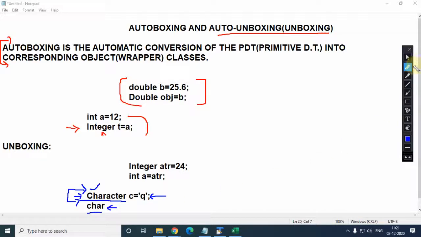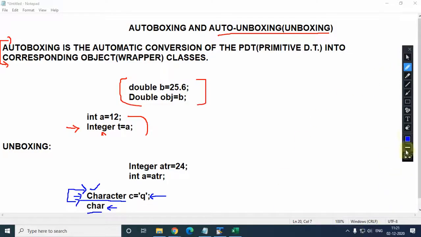And if you are converting an object into a respective data type, this is known as unboxing. So unboxing is the reverse of the auto boxing.